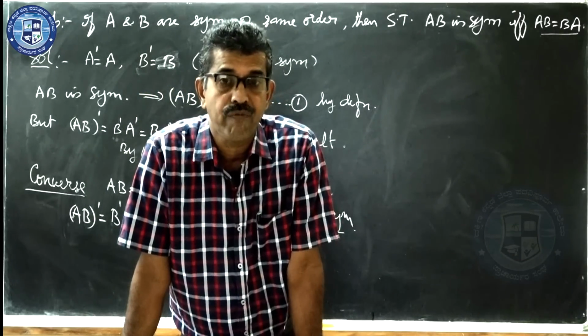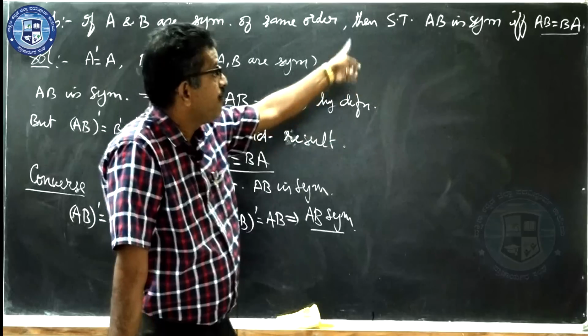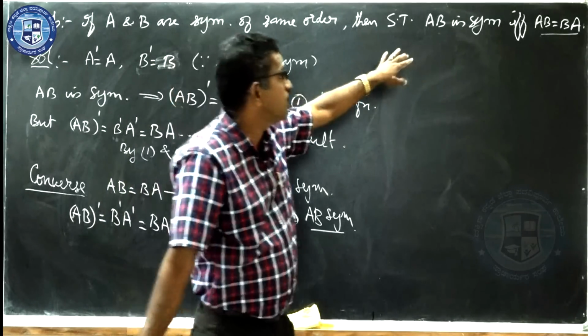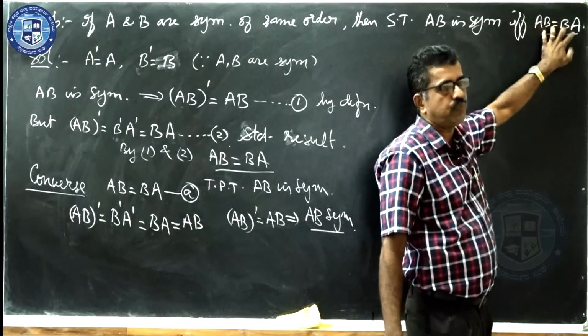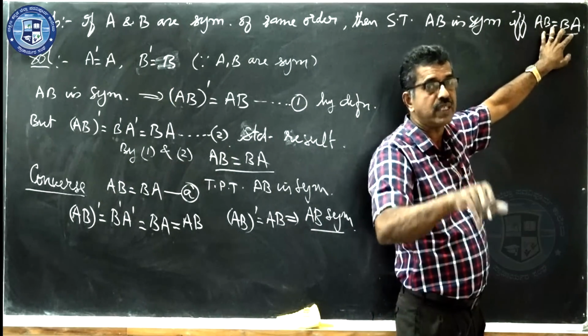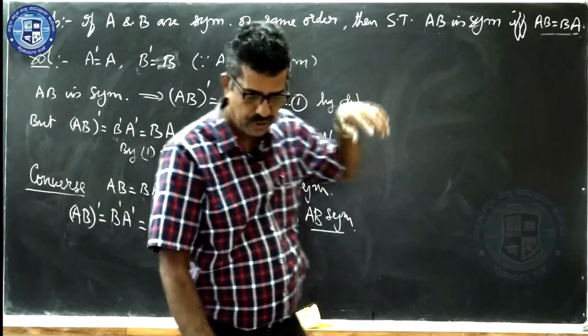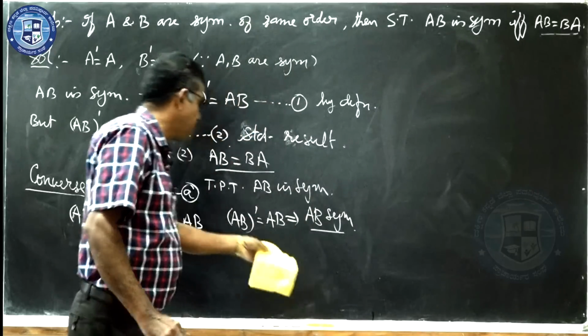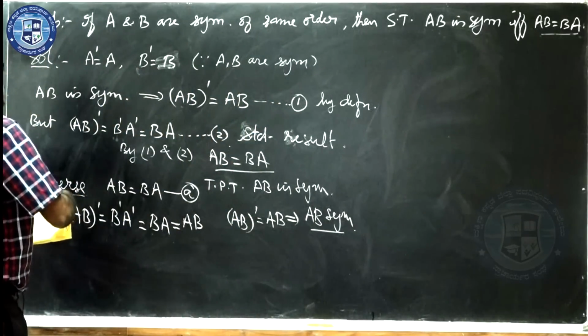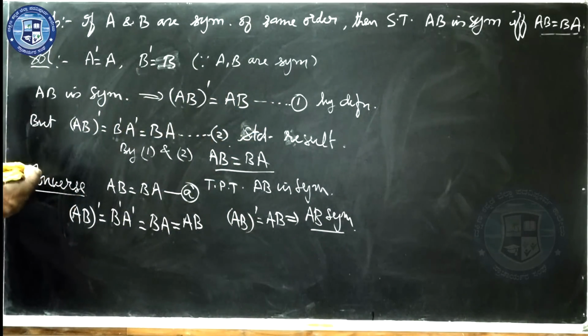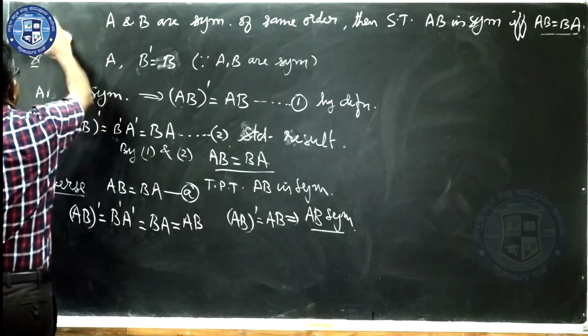So, what is the condition for proving that X if and only if Y? First, you have to assume that X is true, and prove that Y is true. And the converse: assuming that Y is true, you have to prove X also is true. Okay. So, next there is another beautiful theorem related to symmetric and skew symmetric with the transpose of a given matrix.